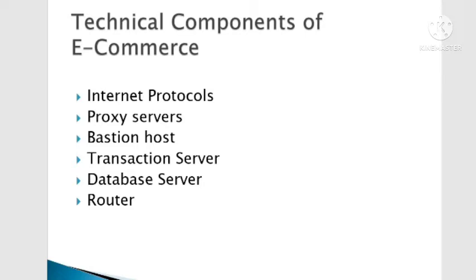Then we have the Bastion host. Bastion host means it is a kind of gateway. Gateway क्या होता है? That allows people to come and go. Gate की तरह होता है। So यहाँ पर भी Bastion host का क्या काम है? It allows an access to a particular website. It is a gateway. You have to go through the gate in order to have an access to that particular piece of information. Suppose if you do not have authorization to go there, then the Bastion host would reply कि